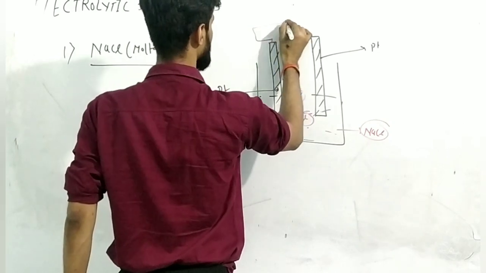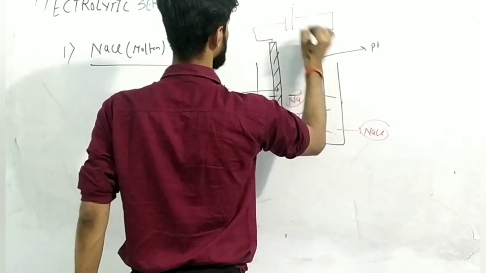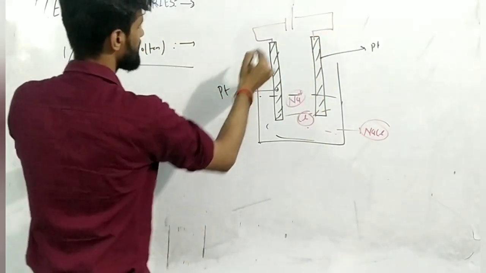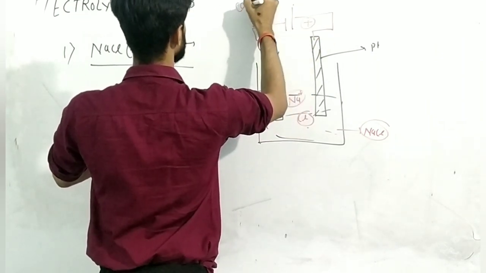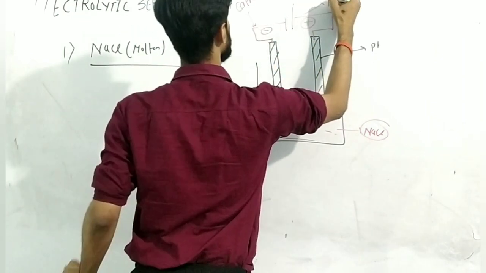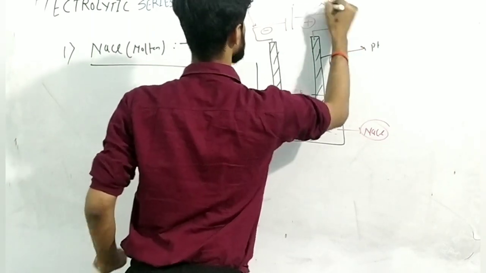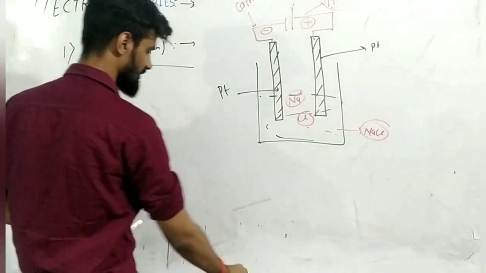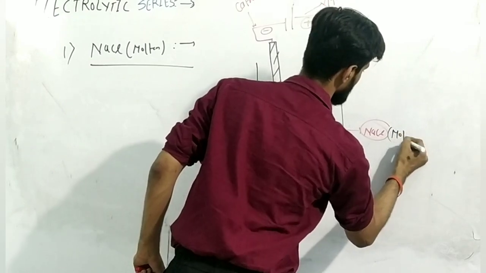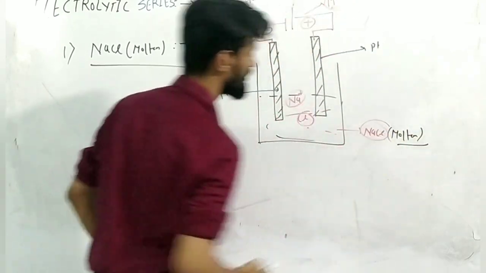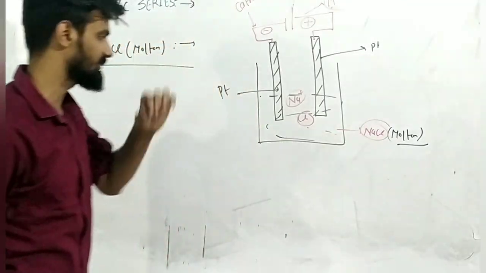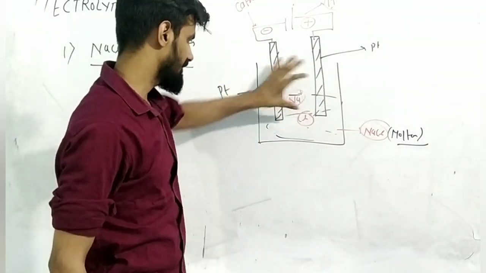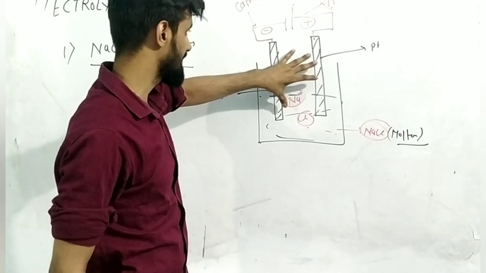Now you are going to connect this with the help of a battery. Okay, this will be a negative plate, this will be a positive plate, this will be working as cathode, this will be working as anode. My dear students, I have selected NaCl molten solution. Understand one thing: already I have discussed molten solution and aqueous solution. There is a far difference between molten solution and aqueous solution. Why? Because the thing becomes very different.